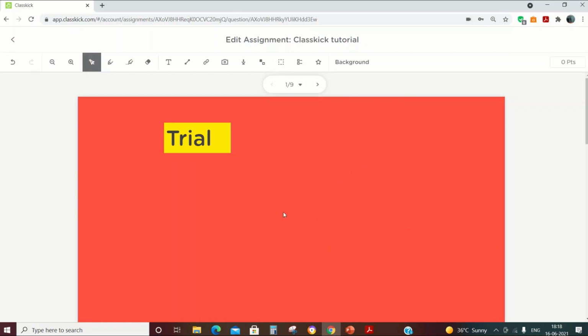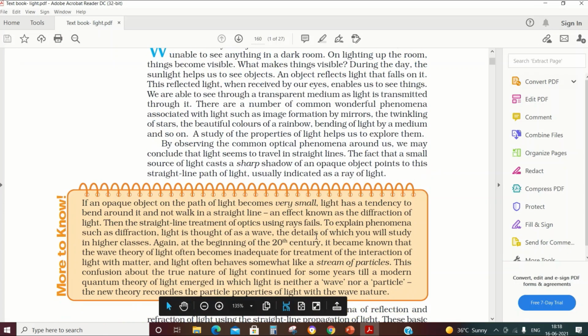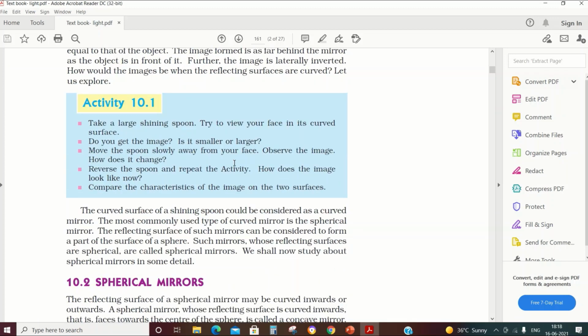Then after this, suppose I have a document, the textbook which my students are going to use, and I need to put a question from the textbook. So what I can do is, I just open that textbook. I am going to take the content directly from the textbook.